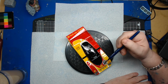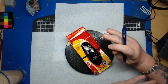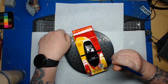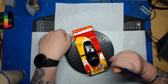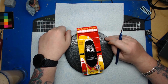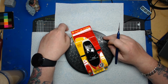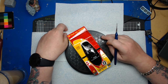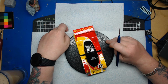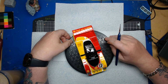It all comes with masks, and you have to mask everywhere off. Unfortunately, unless you're really precise, the masks can be a little bit out, because you've got to cut them by hand. They're not pre-cut, and it's very difficult to get them exactly. You know, I used a pair of scissors. I probably should have used a knife. Well, you know, swings and roundabouts, but I think I got a fairly good